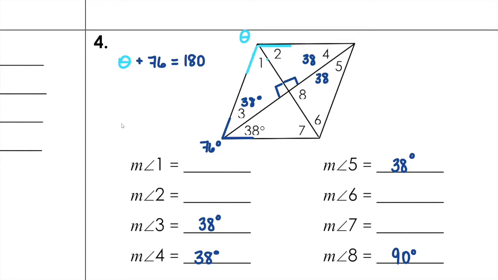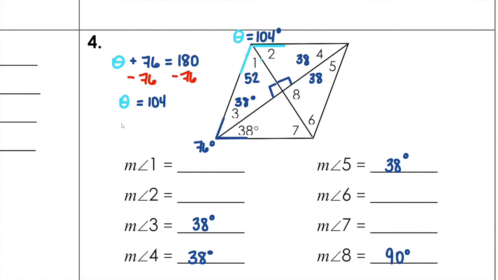So we subtract 76 from both sides, and we know that full angle measure is 104. So how would I find the individual? We know that angle has been what by the rhombus diagonals? It's been bisected, which means it's been cut in half. So we can just divide both by 2, and hopefully we get the same thing that we got doing the triangle sum theorem. 104 divided by 2 is